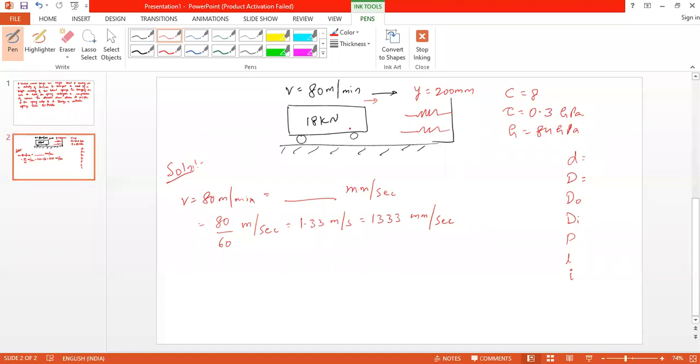So now, whatever the kinetic energy produced by this moving mass has to be absorbed by the spring, right? In the previous problems, we knew the value of the force applied on the spring, right? But here we don't know the force, so we need to find out the force. Whatever the kinetic energy possessed by the mass has to be transferred to the spring. We know the law of conservation of energy. So all the energy has to be transferred. So what is the kinetic energy?